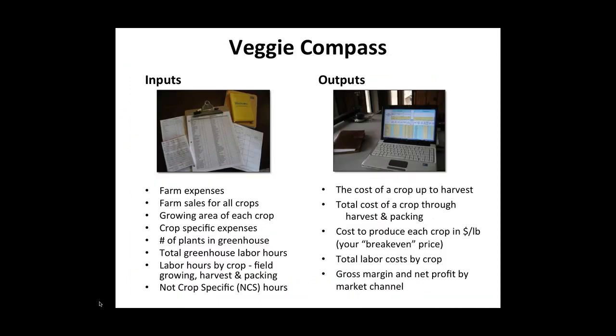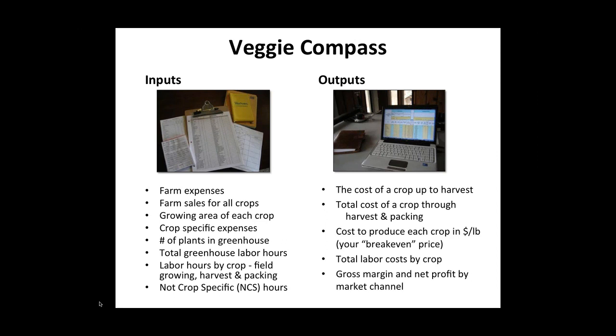So VeggieCompass is a tool that requires a set of inputs and then gives you a set of outputs. On the input side, you have to be able to put in your farm expenses, your sales by crop, the growing area of each of those crops. You have to designate whether there's really specific expenses by crop. You have to know the number of plants you're putting through your greenhouse in terms of crops that are transplanted